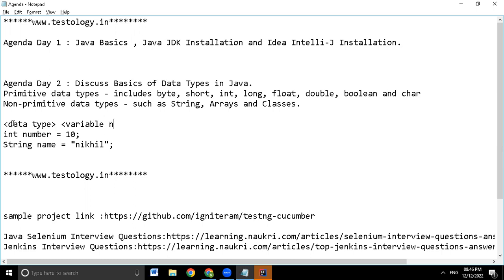Okay. And then equals to sign, and then the value. Fine. So this is the signature of defining a variable in Java. Okay. So now sometimes when you play around with non-primitive data types, you might see that this value